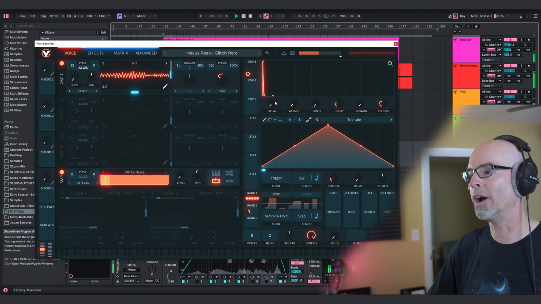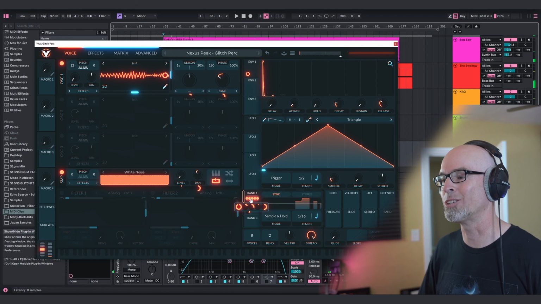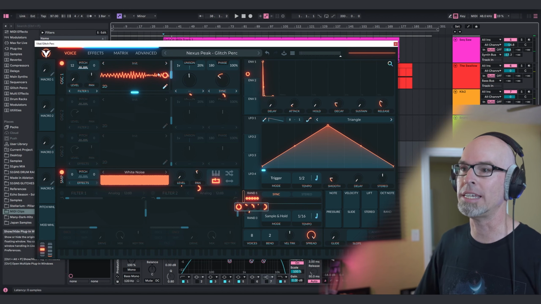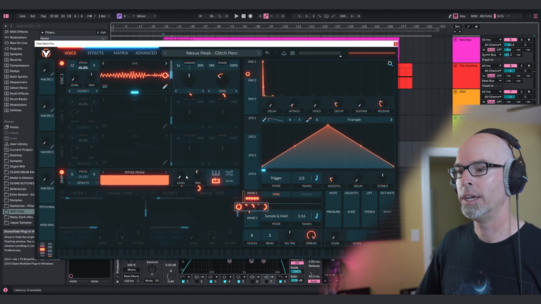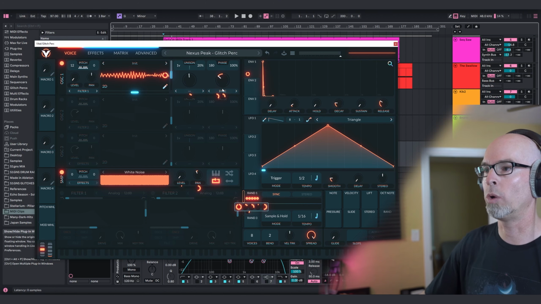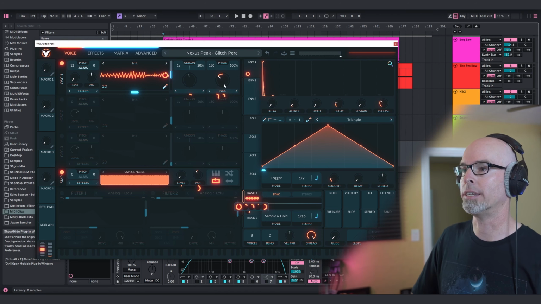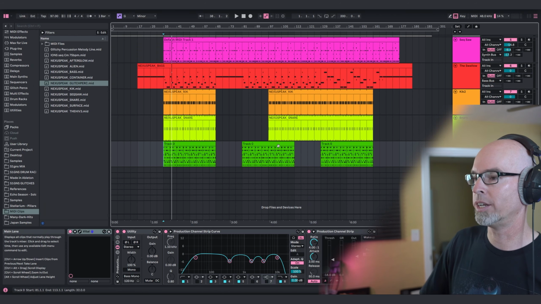That sounds so good. All right, so what I did is I used this random in a variety of ways. As you can see, the random is moving this unique wavetable all around. It's hitting the white noise. The LFO is panning the white noise as well. The random is hitting this sync. I mean, there's just a lot going on here, but that's